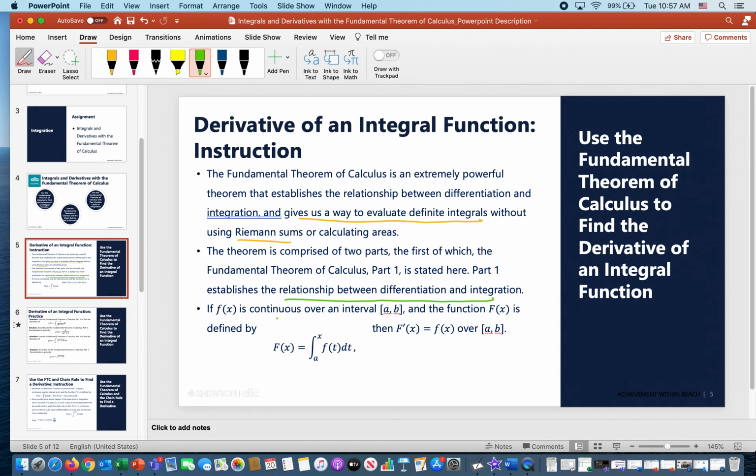Okay, so what we do is we say if lowercase f of x is continuous and the function F of x is defined by this thing. Okay, so the way this is set up is a little off. If F of x is defined as this, then the derivative of F of x is equal to the lowercase f of x over the entire interval. So really and truly, this is just a weird way. This is the mathematician's way of saying the derivative